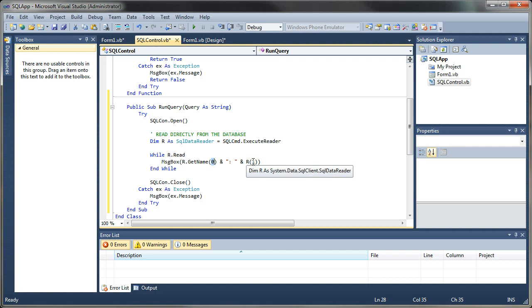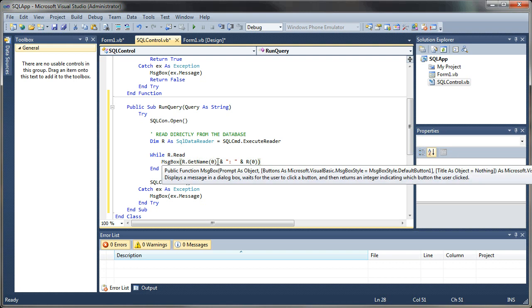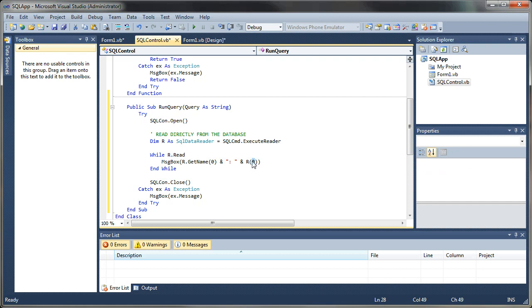Oh, you see, I made a mistake here. I just now saw that. You might have seen it. The first index value is always 0. These are 0 base. So I want to grab the column name of the first column and the record in the first cell. So I'm going to go ahead and run that,